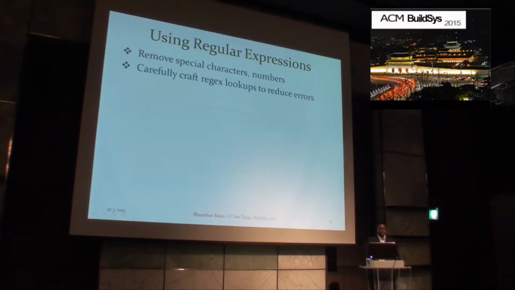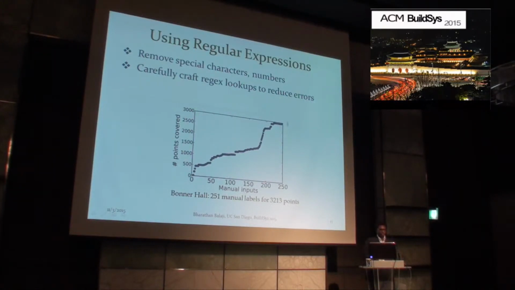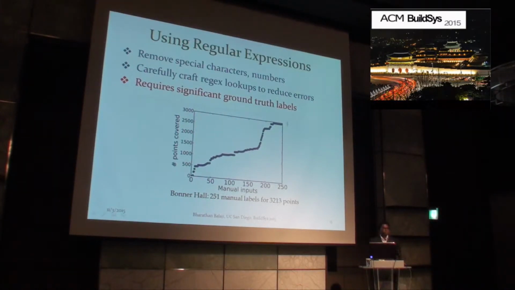We did this for all the 4 domains, and again, analyzing the metadata, making sure that the numbers, no special characters, carefully lookup table. This is what we get for one of the buildings. This building has about 3,200 points, and it takes 250 manual labels to label all the points. You see the progression with the number of manual labels present. So there's still a lot of manual effort, and this is the effort that we're trying to reduce in this